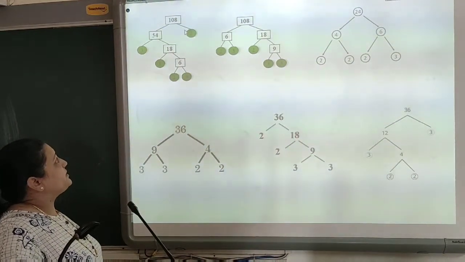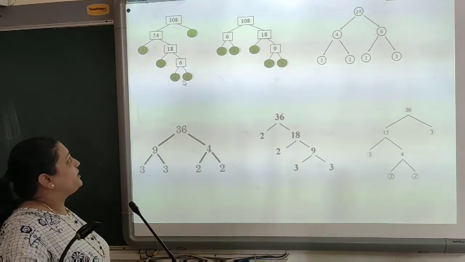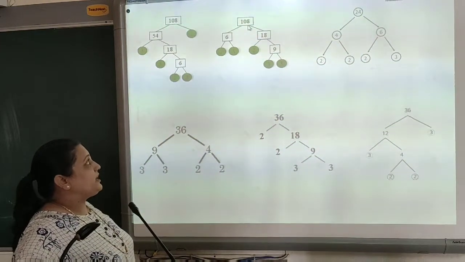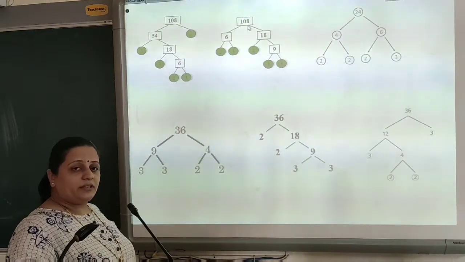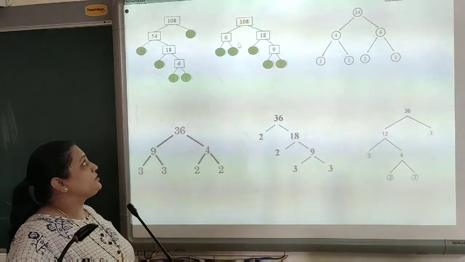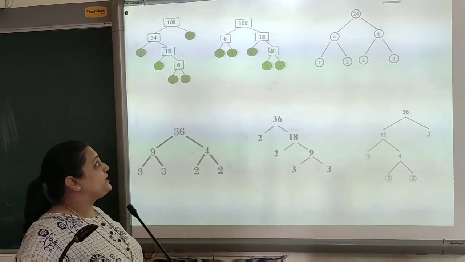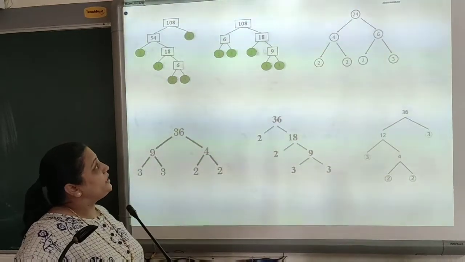are 6. So what factors did we get? 2, 3, 3, 2, 3. This is 2 times 2 and 3 times 3. Now see, the same number I have taken for another, separate factor tree. Now 6 18s are 108. Now 6 is also a composite number, and 18 is also a composite number, so these two branches I have broken down again into other branches.